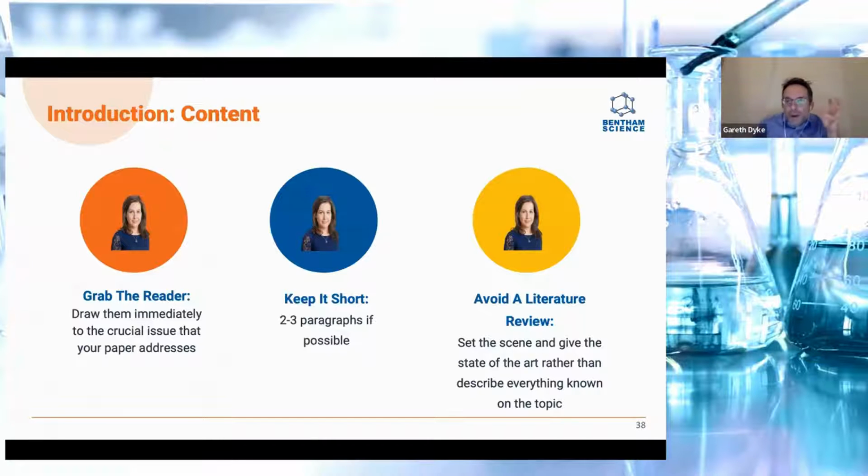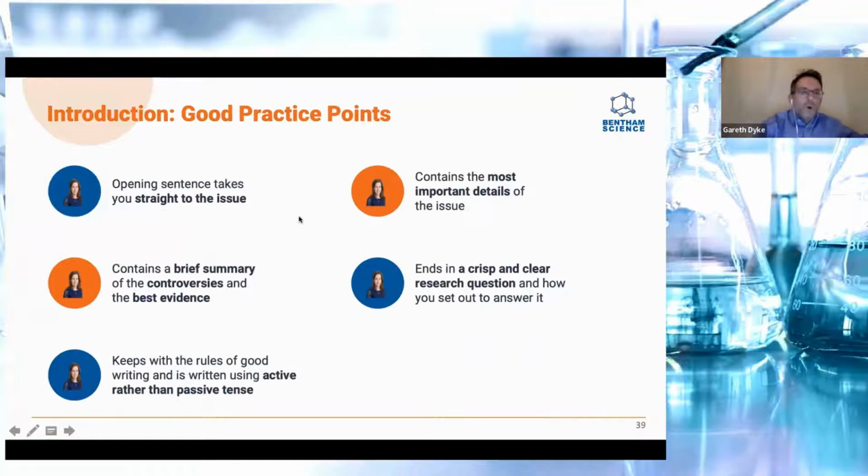And then you bridge from your introduction into the methods by telling the reader what's going to come next, what will happen next. An opening sentence that takes your readers straight to the issue that your paper addresses. A brief summary of the controversies and the best evidence that summarizes those controversies, keeping within the rules of good